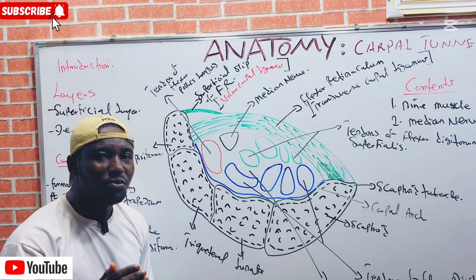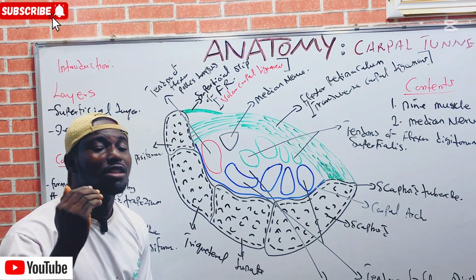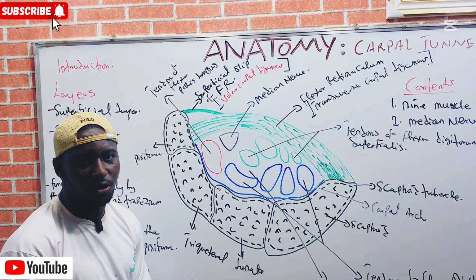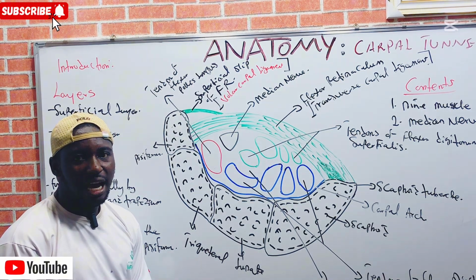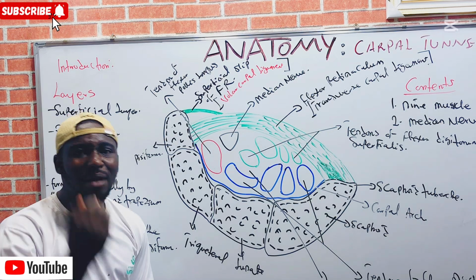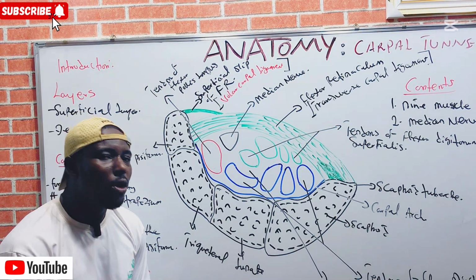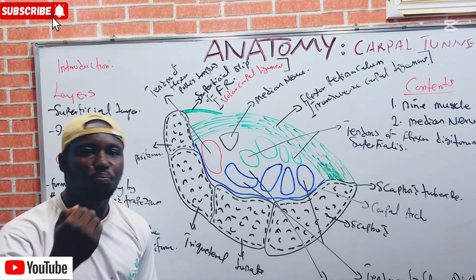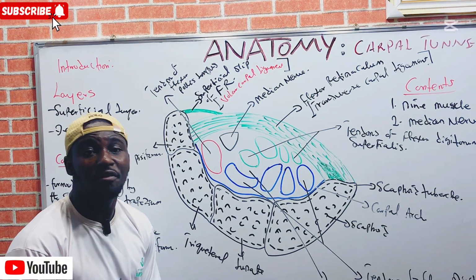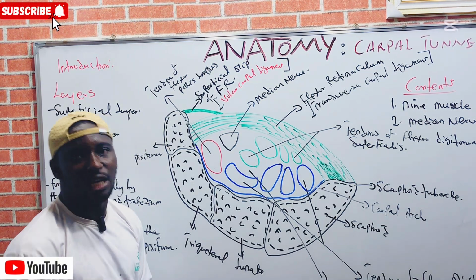Any structure that descends superficially to the flexor retinaculum does not pass through the carpal tunnel, you get. And any structure that passes deep to the flexor retinaculum passes through the what? The carpal tunnel. And what are those structures that could pass or descend superficially to the flexor retinaculum or the